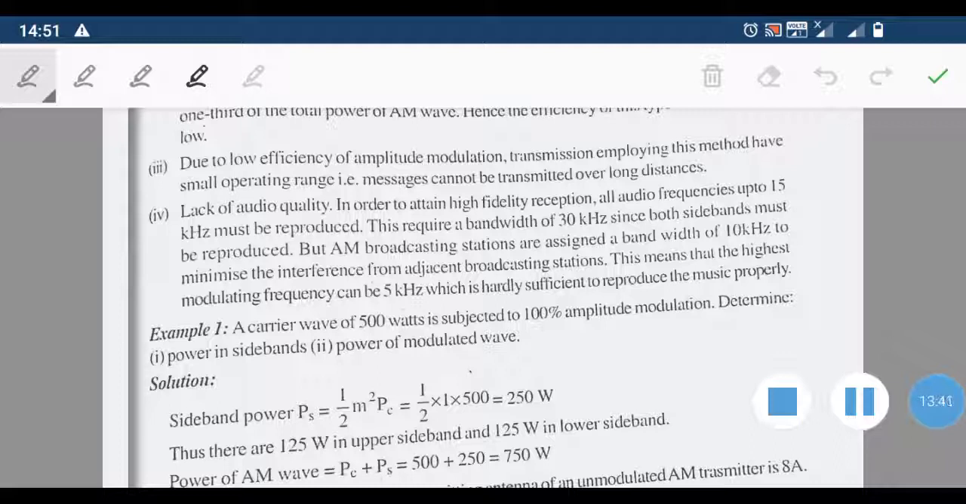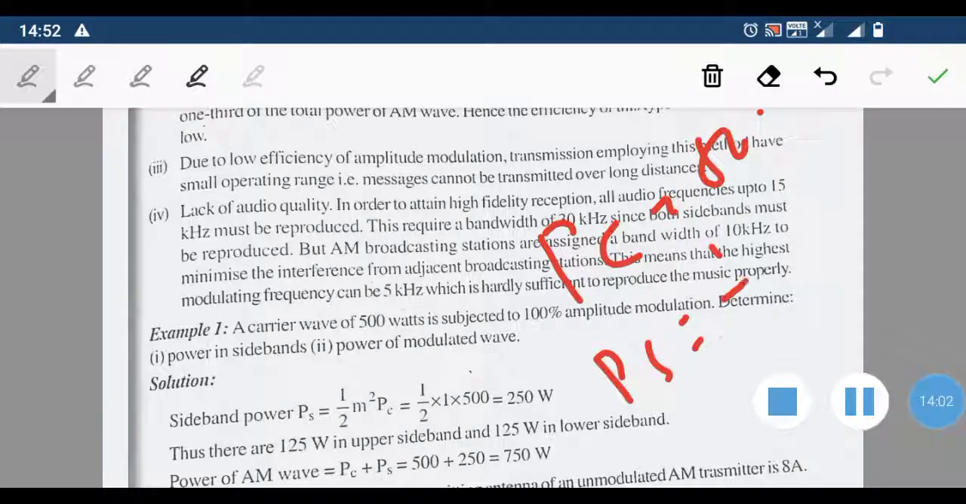Amplitude modulation. Now we can see one of the problems related to this. A carrier wave of 500 watts is subjected to 100% amplitude modulation. Determine the power in the sidebands and the power of the modulated wave. So here the carrier wave power is given as 500, so PC is 500. Then we have PS. The expression for PS is half m square PC. Here m is given as 1. So it is equal